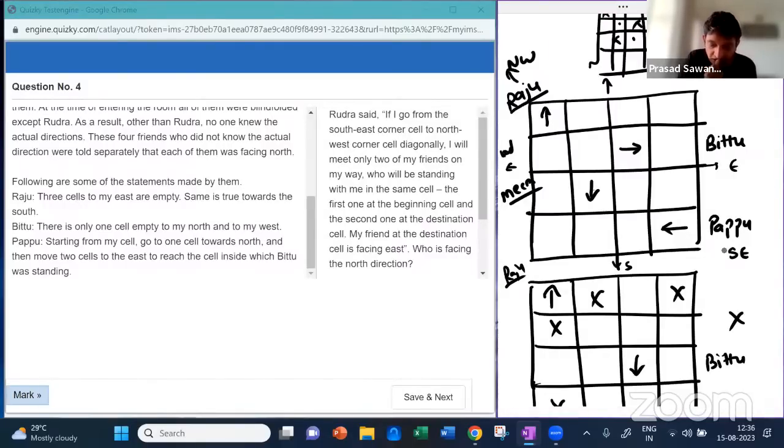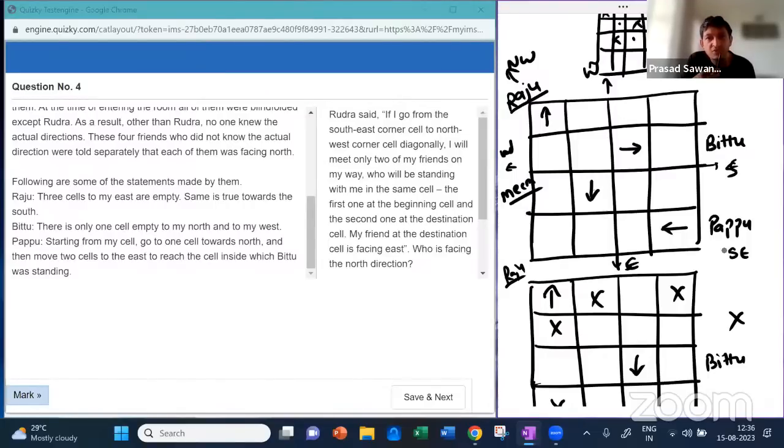And if this is north, this is west, this will be east, this will be south. There are two ways possible. My friend at the destination is facing east. But कैसे होगा? My friend at destination is facing east, it seems. But destination